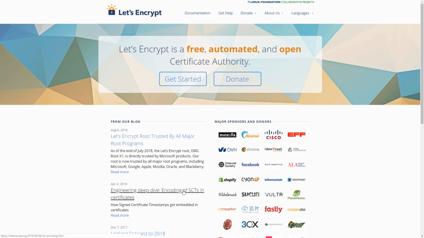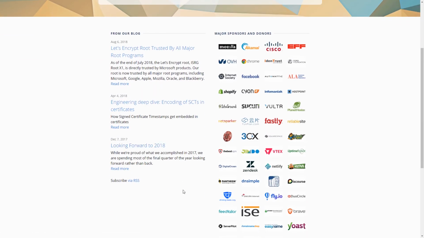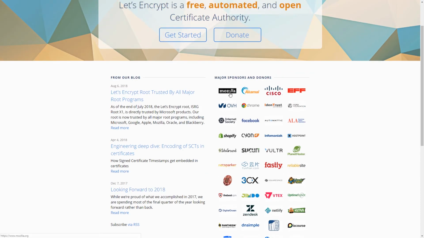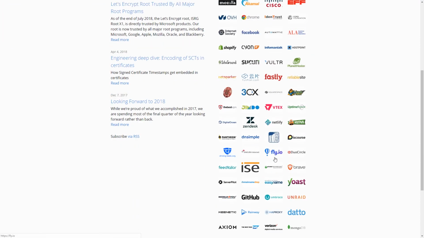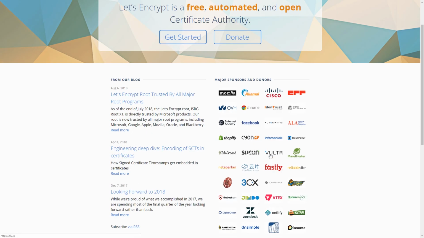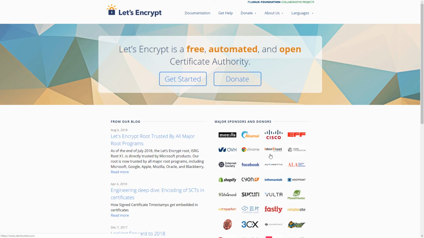Here's the Let's Encrypt website, and like I said, they're free certificates, and you can see some major brands using this. Some web hosting companies offer this in their control panel. If you have the ability to do it easily, just do it. There's no reason not to use it moving forward. If you have to migrate an existing website from HTTP to secure, it's going to require you to go into the database and update things, so it's a little more technical